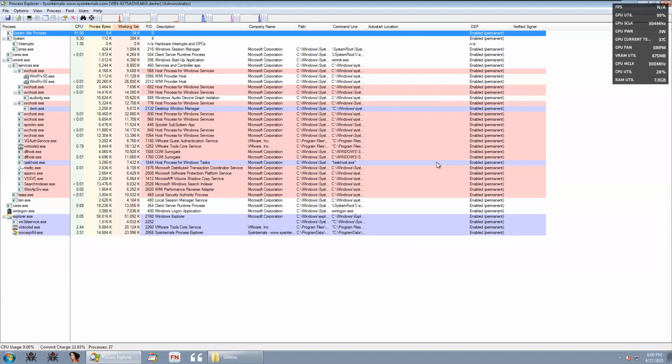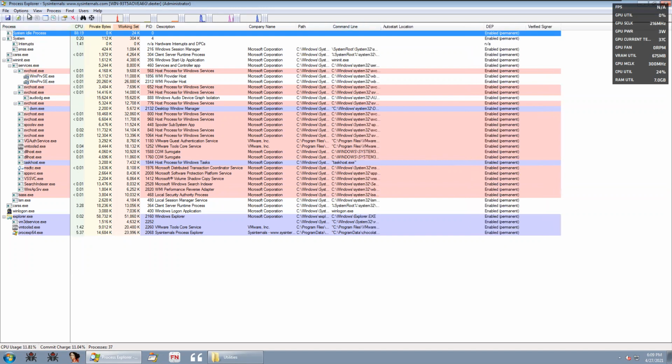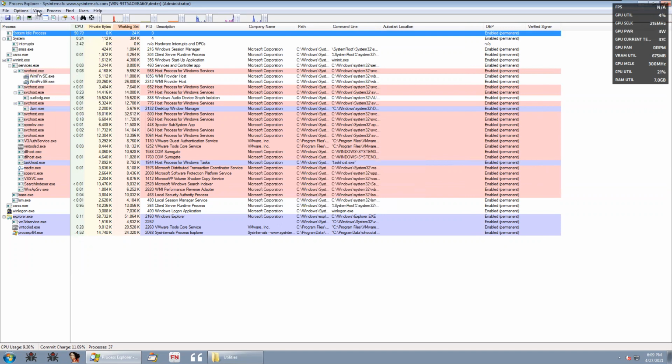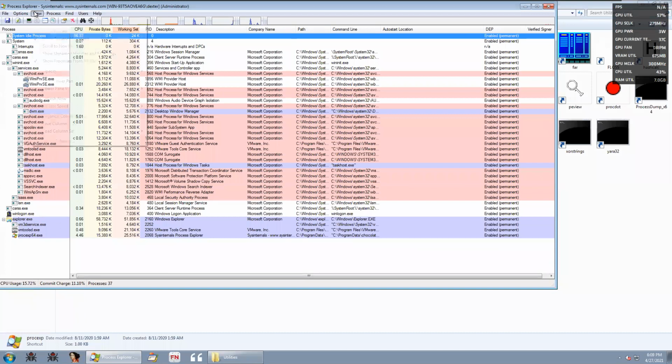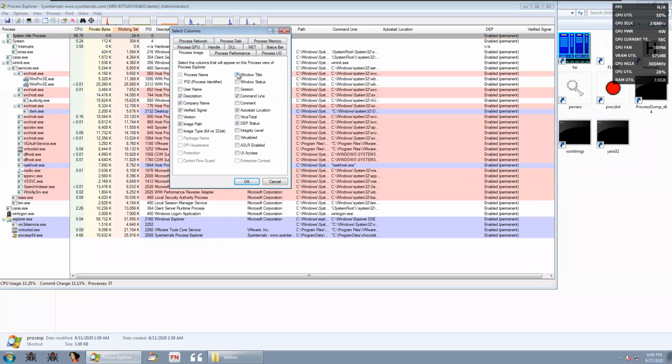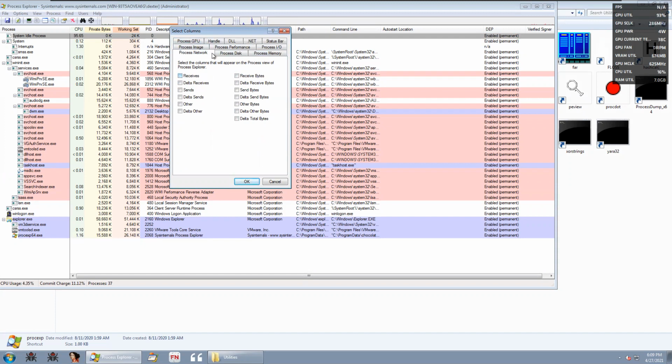Okay, you have to set up something: go to View, organize column set, select columns. Windows title, select VirusTotal, version, image type, and ASLR enabled or not. Process performance, CPU is okay. Process network receives, I don't need this currently.